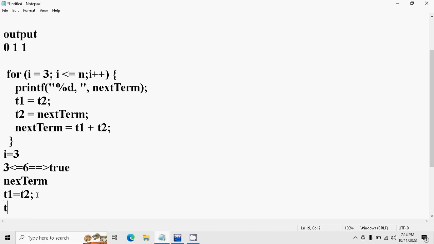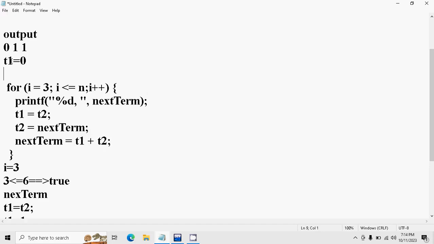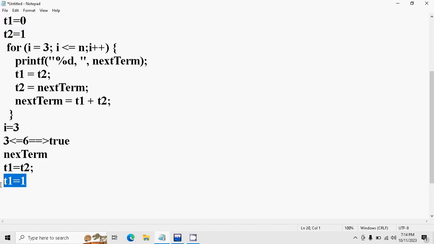Sorry, T1 is equal to 1, because my current T1 is equal to 0 and the T2 value is equal to 1. So my current T2 value is 1, so I am storing 1 here. Next,